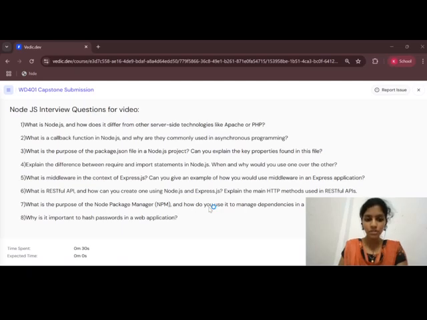And the fourth question is, explain the difference between require and import statements in Node.js. When and why you should use one over the other. Require is a type of CommonJS and import is a type of ES modules.